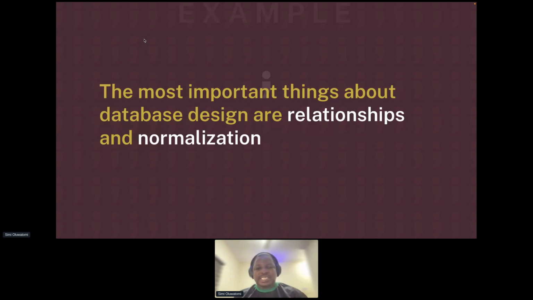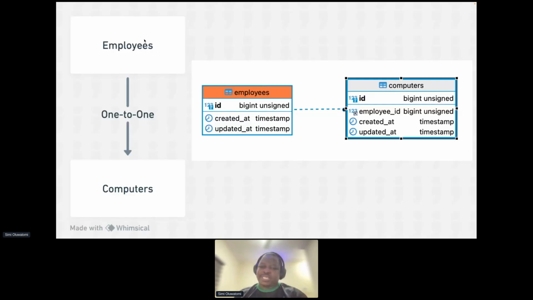In a system that manages the computers assigned to employees, an employee can only have one computer at a time. If you have seen a company that assigns 2 computers to one employee at the same time, please send me their name. I may want to talk to their HR, maybe they can also send to me.